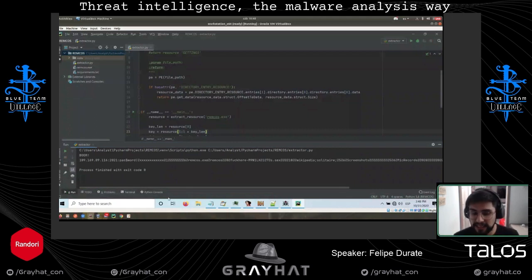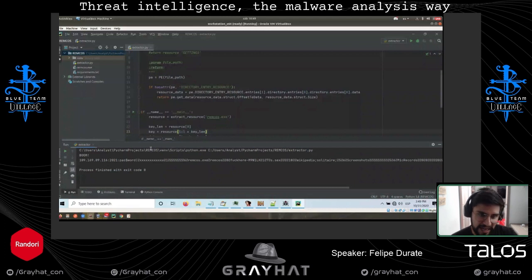And there is another thing. If you send this to a sandbox, the sandbox is probably going to provide you this kind of information. But let's suppose the sample has, I don't know, 4 C2 servers. If the first C2 server is active during the sandbox analysis, probably the only C2 server you will get is the first one, and you are going to lose the other 3. So have that in mind.